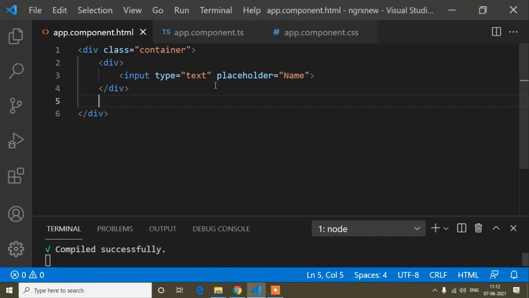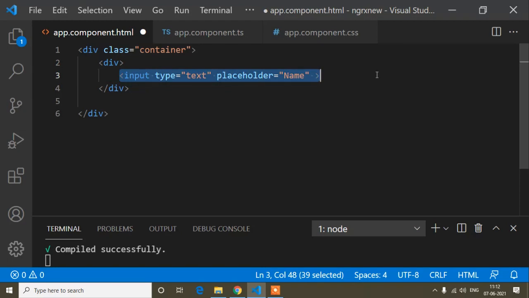Now guys, here I have to write the functionality, because when I type any number in this input field, at that time it will appear. So the functionality will be a method, and the method will be keyup. Because when I press any key on my keyboard, that is key down, and when I leave that key after pressing, that is key up.